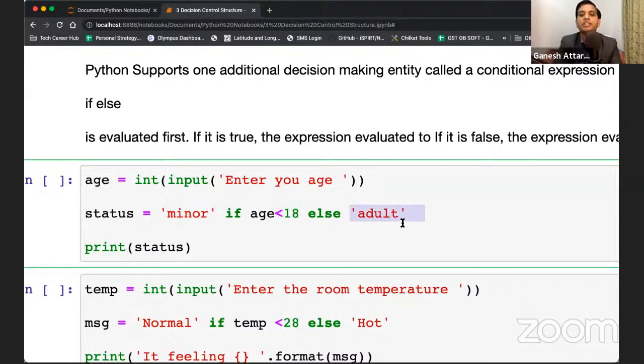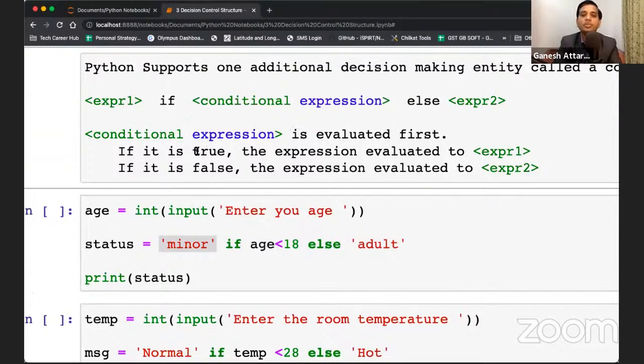Otherwise, I have to assign the status as adult. I can do that using a single line by using this. So firstly is a true statement. Firstly, we will write down the expression 1, and then if, and then the conditional expression, and then else,